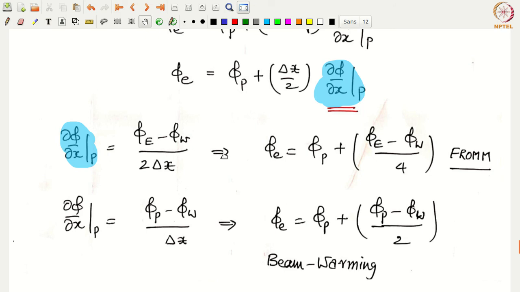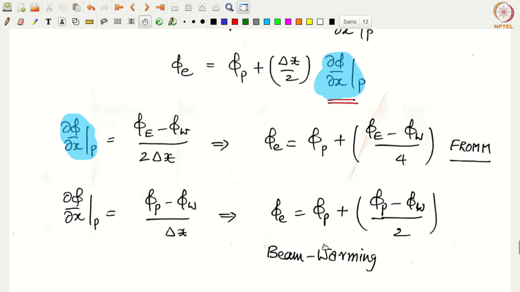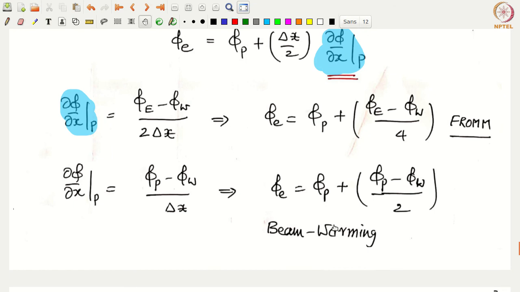So that's why this is phi p minus phi w by delta x, using a backward difference, one-sided formula. This will give you phi little e equals phi p plus, there is no 2 here, there is a 2 here, so this will be phi p minus phi w by 2. The delta x gets cancelled. This particular scheme is known as the Beam-Warming scheme. Of course, this becomes phi p minus phi east minus phi p if Fe is less than 0. So this gave you two schemes which are both second order accurate upwind difference schemes.